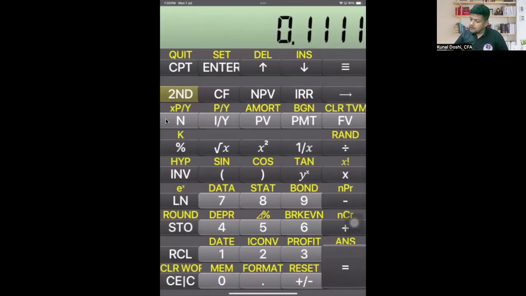Now, when I want to add all 4, I press recall 1 plus recall 2 plus recall 3 plus recall 4 equal to. Are you getting this answer? Correct. You can store this also, store 5. Some people store it, some people skip it. If you store it, you have to do 4 divided by recall 5. Or what I simply do is, since it's in the denominator, I do 1 over x times 4 because there are 4 investments. So I get this directly. Are you getting this answer? 11.21.